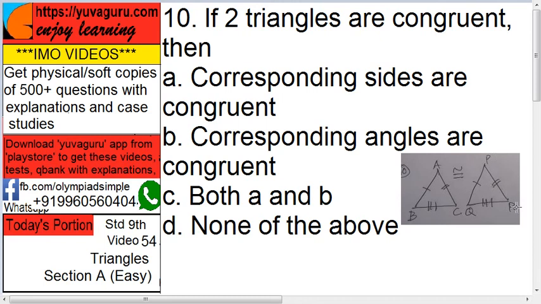Only the thing is, all the sides should match to each other and all the angles should match to each other. Right? So in this case A will be congruent to P, B will be congruent to Q and C will be congruent to R. Let's move on to